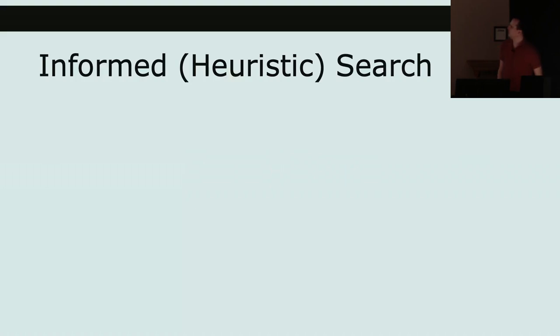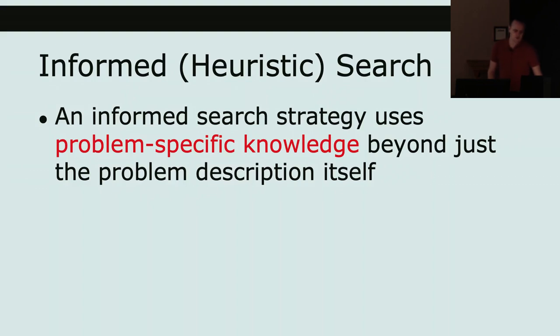So, informed or heuristic search. So far we've only been looking at uninformed search. And as a reminder, uninformed search is when you don't have any sort of guesses of where you should go. It's just like an exhaustive search. Let's try absolutely everything. An informed search strategy, as opposed to uninformed, uses some problem-specific knowledge beyond just the problem